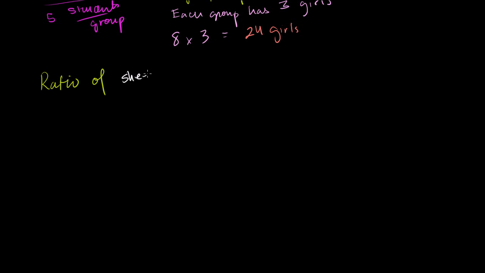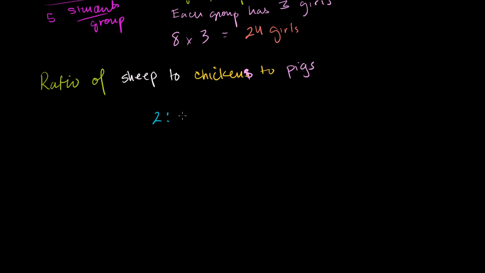The ratio of sheep to, I don't know, chickens, to, what's another farm animal, to pigs. The ratio of sheep to chickens to pigs is, let's say,